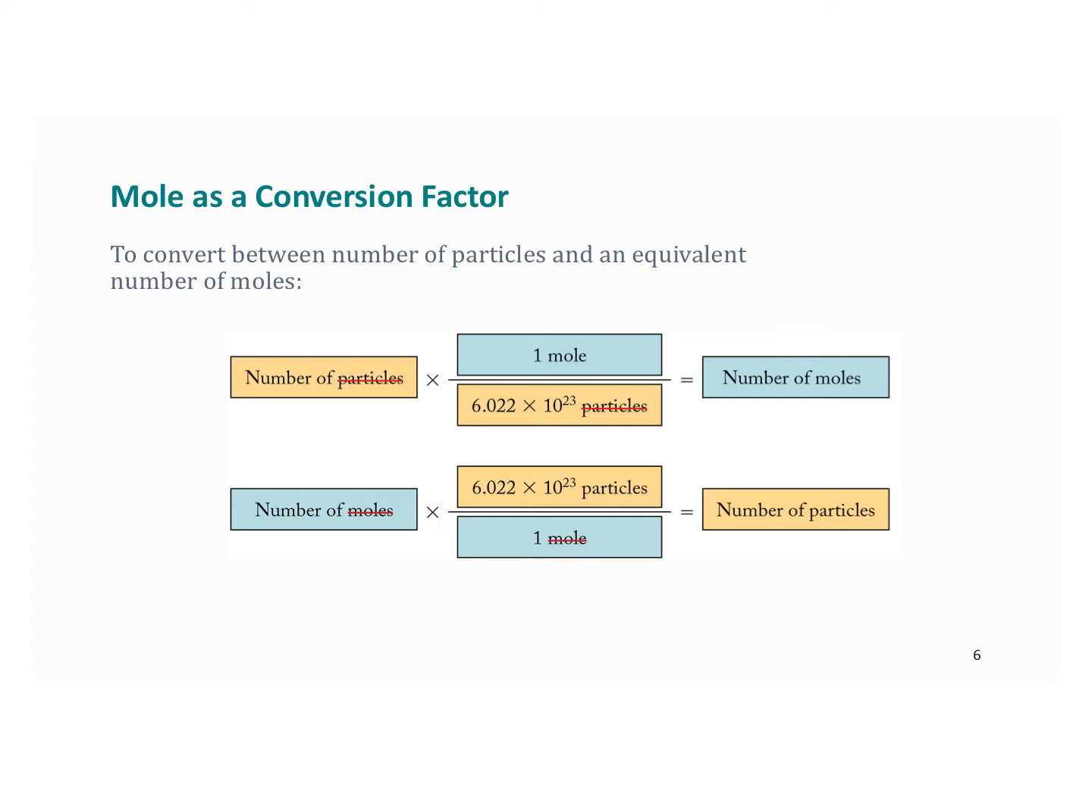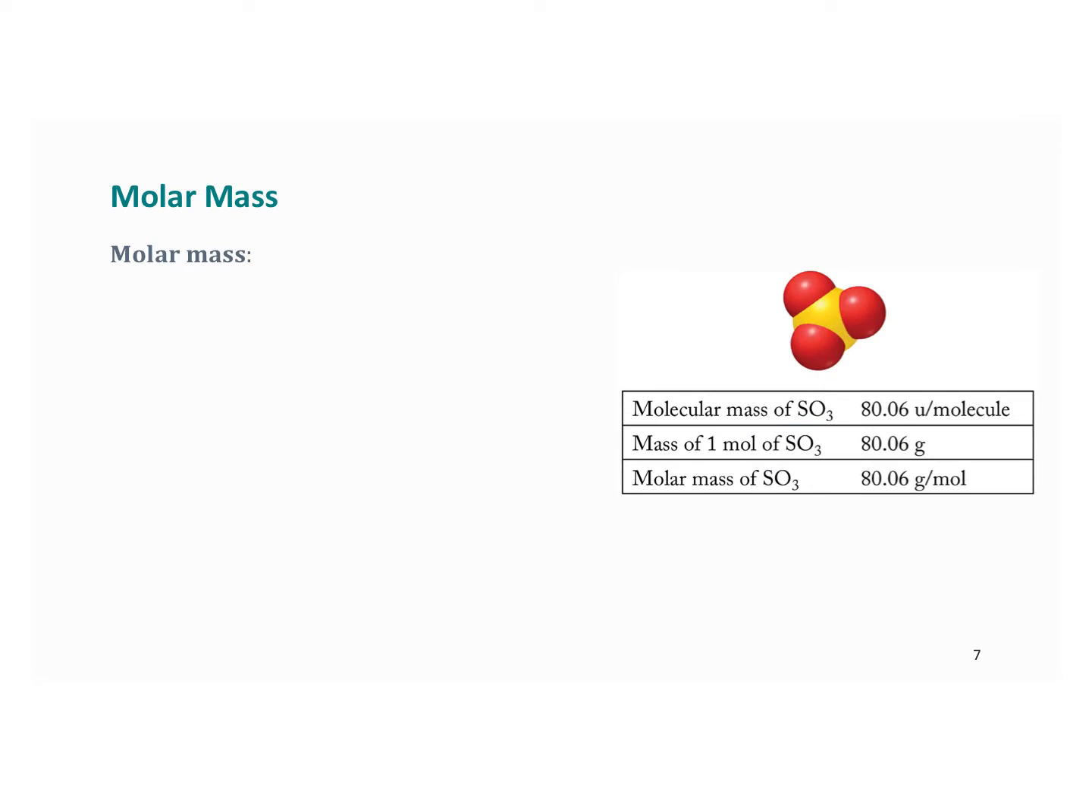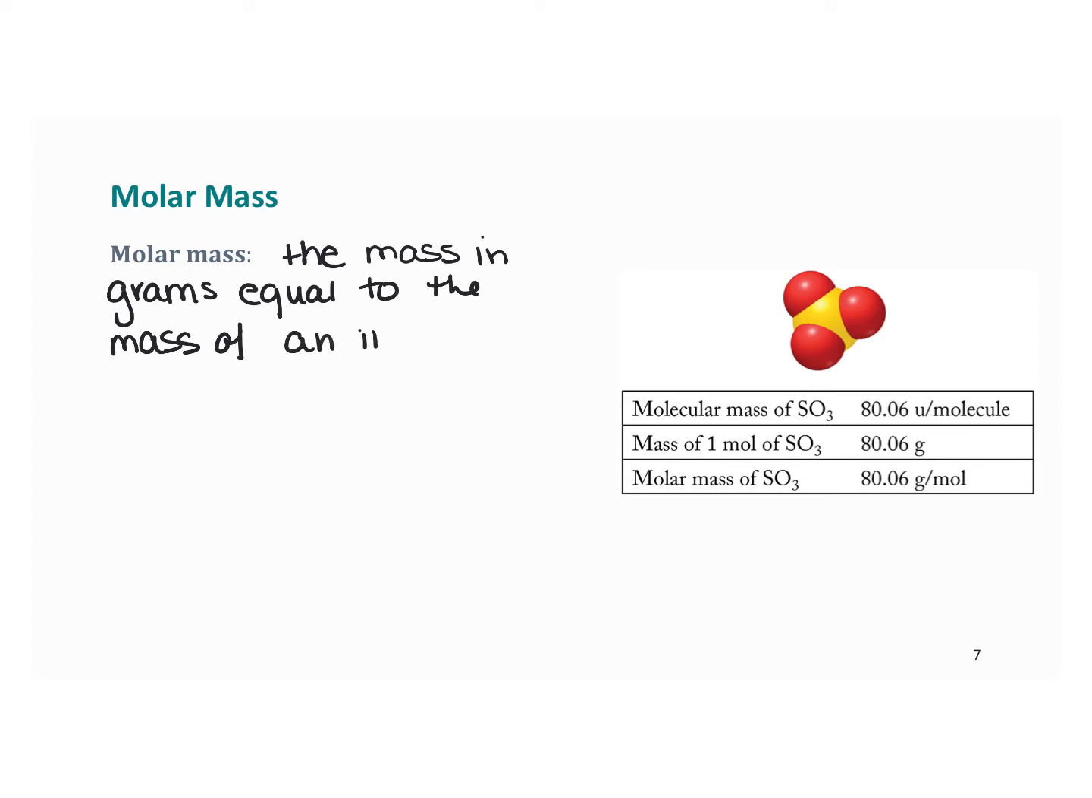Now, there's another conversion factor we will also use, and that's called molar mass. And so molar mass is just the mass in grams equal to the mass of an individual atom or molecule. Now, what you're going to see is a lot of times this is shown as AMU, which